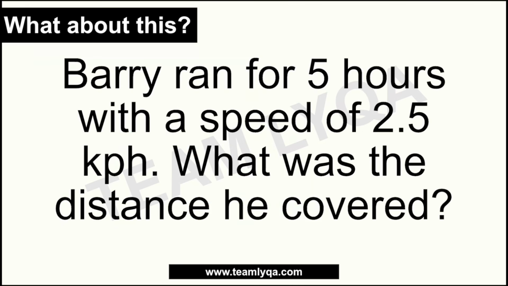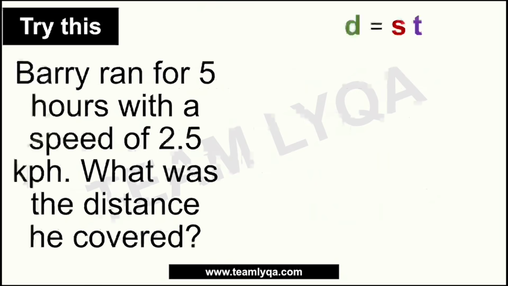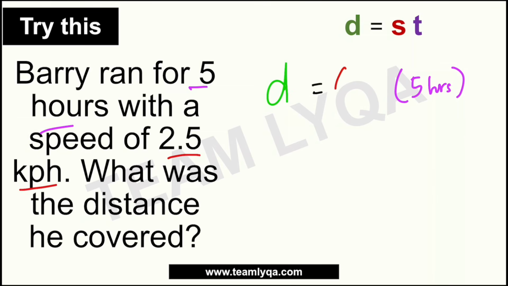A question like this. Now, sabi dito, Barry ran for 5 hours with a speed of 2.5 kph or kilometers per hour. What was the distance he covered? Okay, so now we're looking for the distance. Ang binigay dito is yung 5 hours, which is yung time. Okay? Yung T natin would be yung 5 hours na yan. This will be 5 hours. And then yung ating speed naman ay binigay as 2.5 kilometers per hour. So this will be 2.5